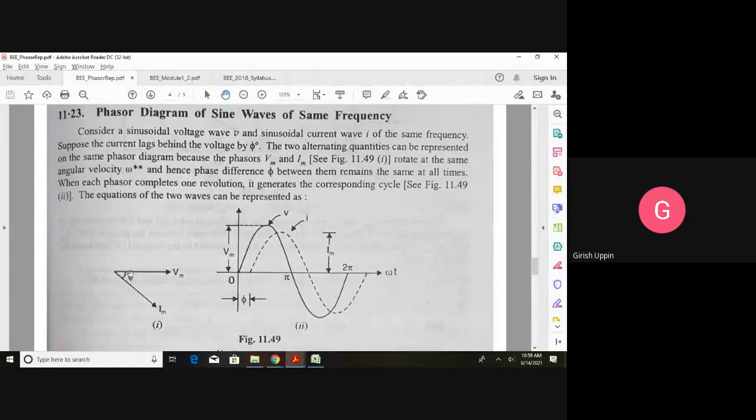This would be on the x-axis. This is the reference line. The angle between Vm and that reference is 0, so that's why we are representing it on the x-axis. Now when you rotate this, this is a phasor which will continuously rotate, and we are going to get this alternating voltage.